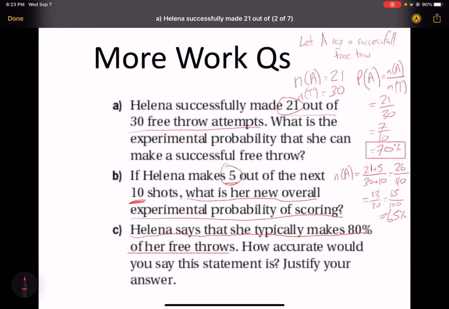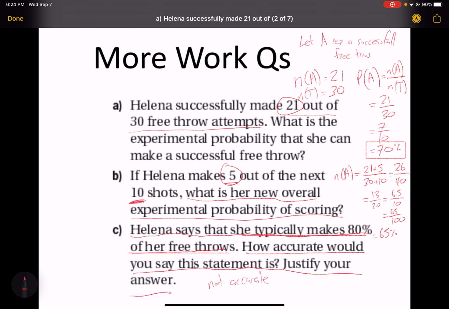Okay, there's two ways we could have done that, right? We could have multiplied by 5, or we could divide by 2 again, which is equal to 6.5 over 10, which is equal to 65 over 100, which is equal to 65%. Now, Helena says she typically makes 80% of her free throws. How accurate would you say this statement is? Justify your answer. I would say not